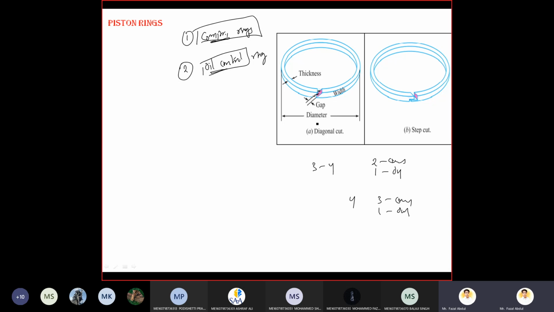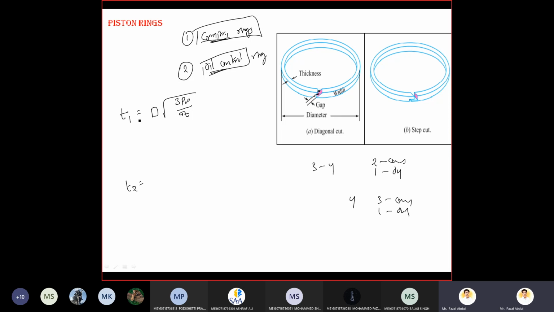Okay. Now the rings we are designing have thickness. First one is T1, second one is T2. Now what is T1? First one, the radial thickness of the piston ring, that is T1 here. For this also we have an empirical relation: T1 equals D into the square root of 3PW by sigma T.